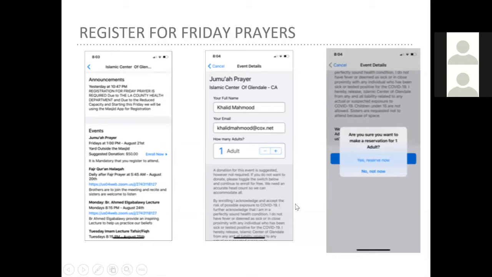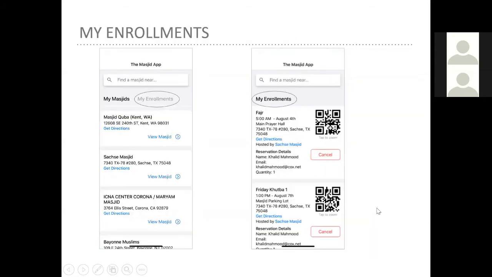You just have to click enroll and you're done, right? So as you do that, you can click on my enrollments on the main page and it shows you your QR code. You're supposed to bring your phone with you on Jummah, and you show this QR code under my enrollment to the volunteers. They'll scan it with their phone and check you in.